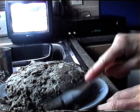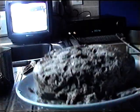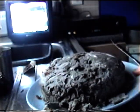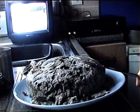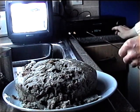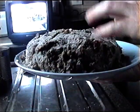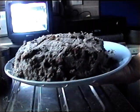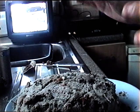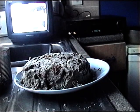So just slice it off, and what we're getting there is a sort of gnarly, stoned effect like you'd see on a castle. Once you've taken all the crust off, you get something that resembles a stone block of granite, but believe me, we're going to make something special out of that later on. And it's the simplest thing in the world to make a cake, but